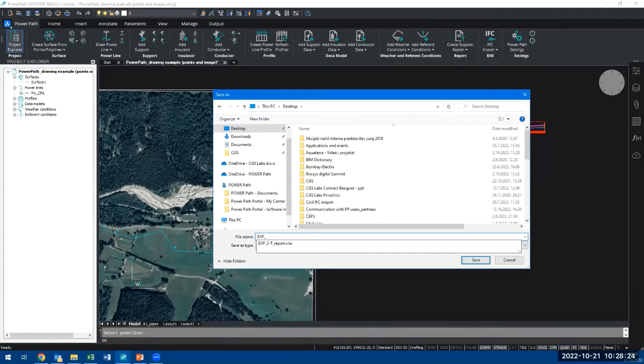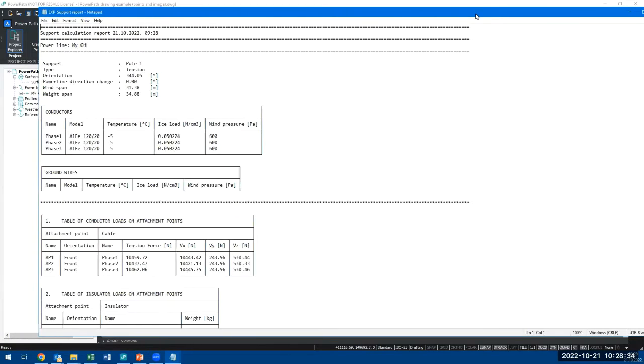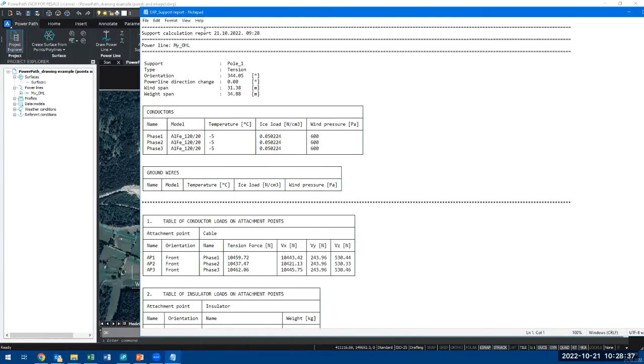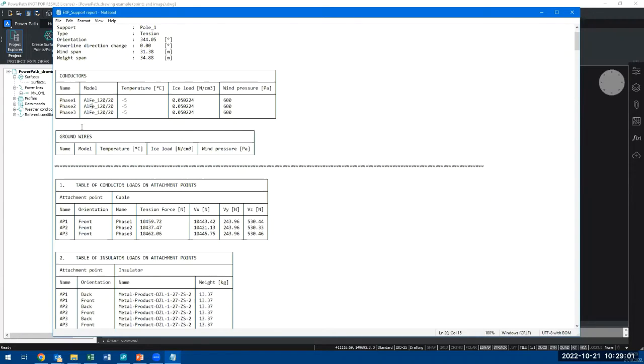Let's say it is support report, and press save. And you can see that the solution generates a TXT file with the calculations for loads on supports or on poles. For example, here I have a support with the name pole 1, that is a tension pole actually. I can see here rotation, power line direction, wind span, weight span, and all of the elements which I have on